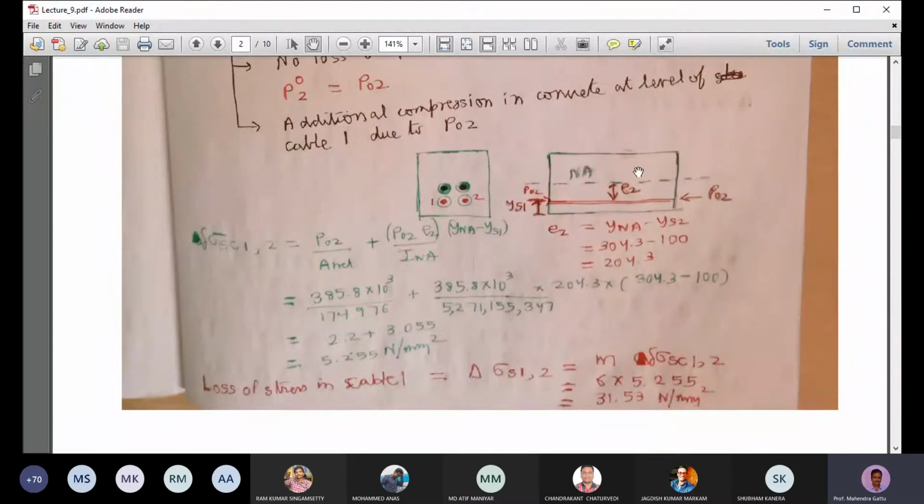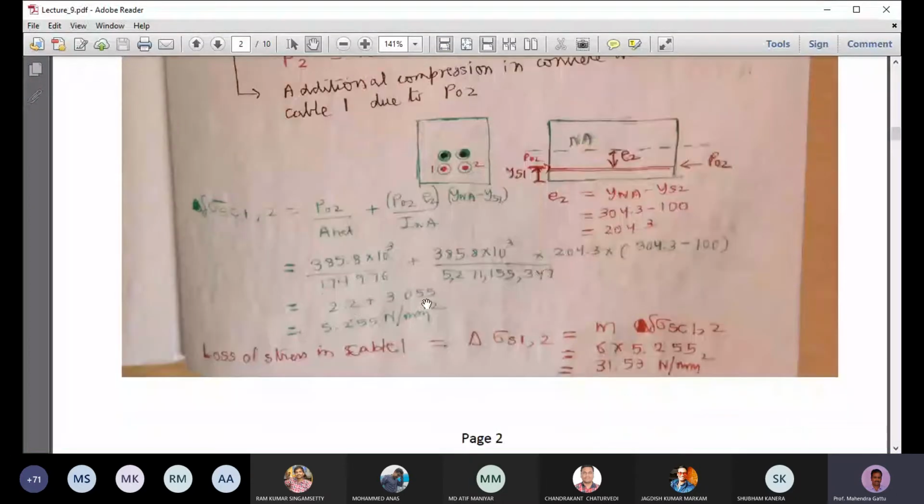Okay, so the E2 value is Y neutral axis minus YS2, which is 304.3 minus 100, and it will be 204.3. So we can plug in the numbers. We have calculated P02, we have calculated the A net, and E2 we have calculated is 204.3, Y neutral axis is 304.3, and YS1 is 100. So if we plug in the numbers, we are getting 2.2 plus 3, and it is getting around 5.255 Newton